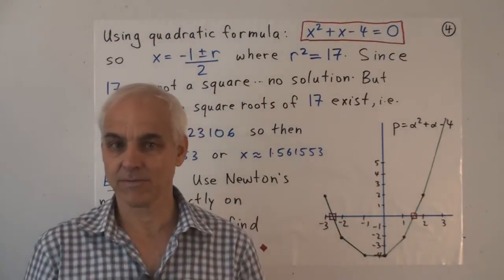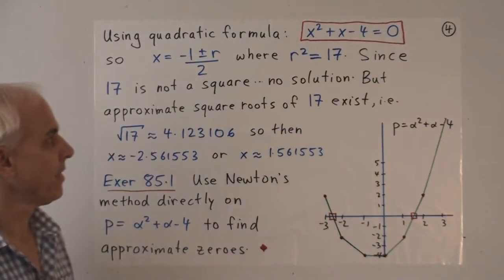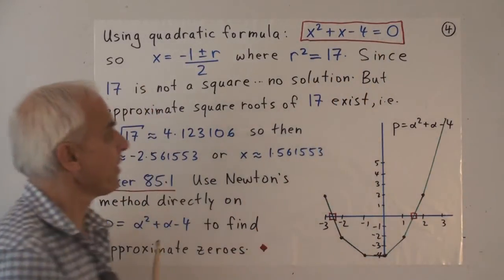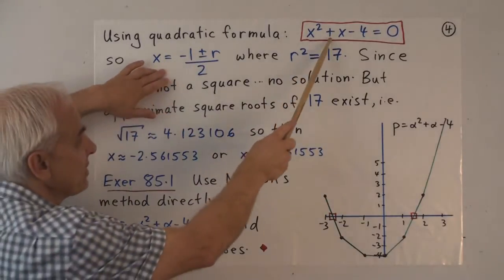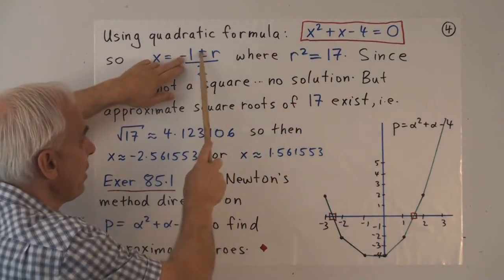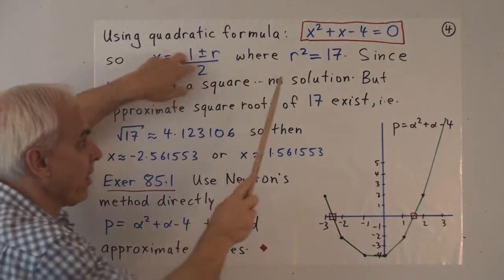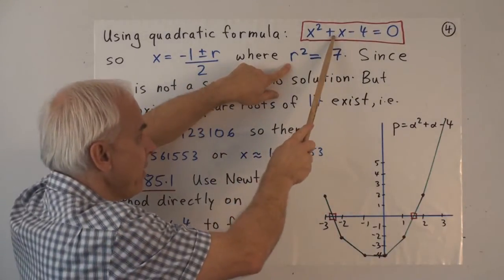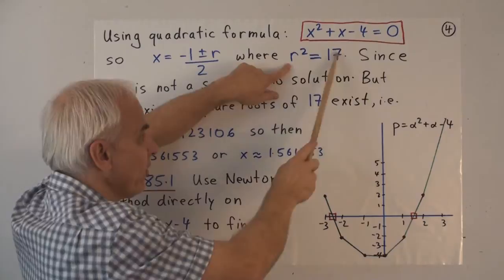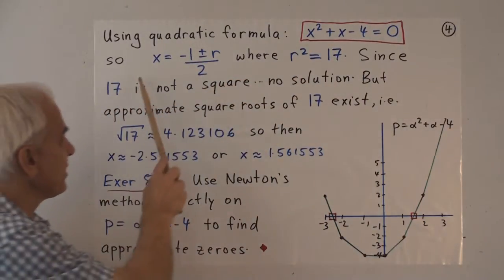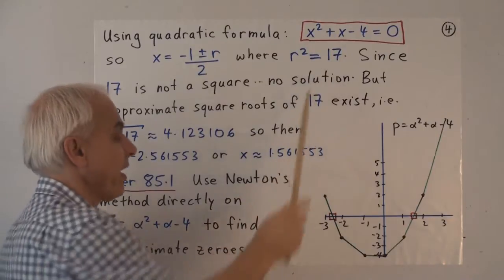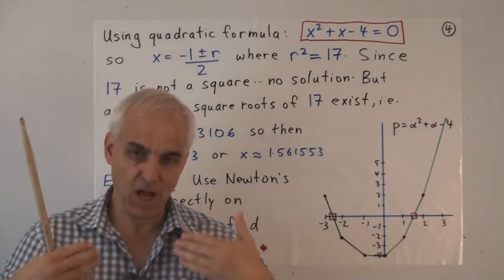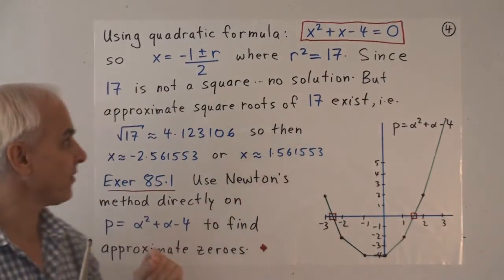So what do we get when we apply the quadratic formula? Well, we can bring everything to one side, first of all, to get x squared plus x minus 4 equals 0. And then the solution is minus this coefficient here, which is 1, minus 1, plus or minus r over 2, where r squared equals b squared minus 4ac, 1 plus 4 times 4, or 17. So that's the solution to the quadratic equation that I would like to see high school students start writing. This is a logically clear and correct statement.